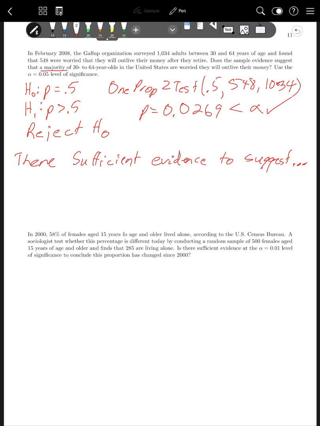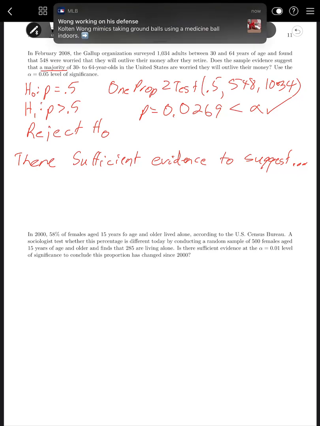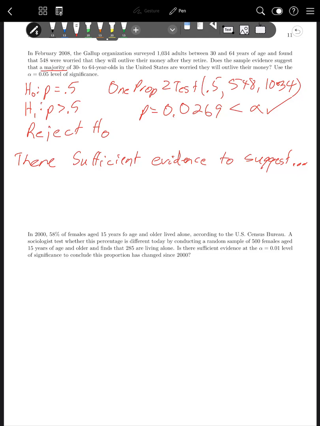Okay? And then the second one, it says in 2000, 58% of females aged 15 years of age and older lived alone, according to the U.S. Census Bureau. A sociologist tests whether their percentage is different today by conducting a random sample of 500 females aged 15 years of age and older and finds that 285 are living alone. Is there sufficient evidence at the alpha equals 0.01 level of significance to conclude that the proportion has changed